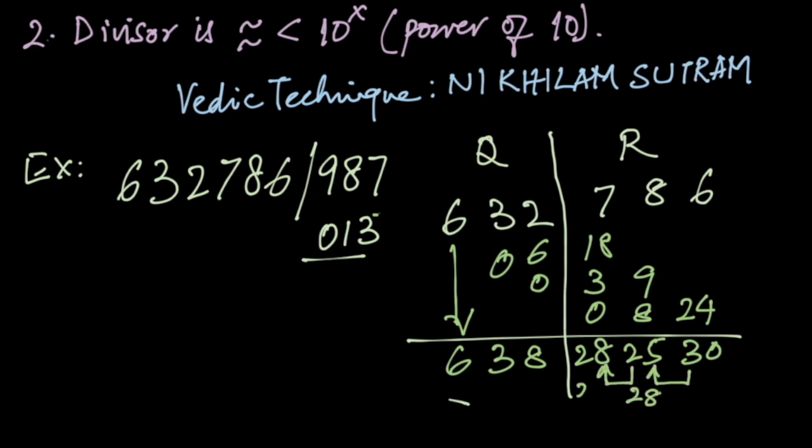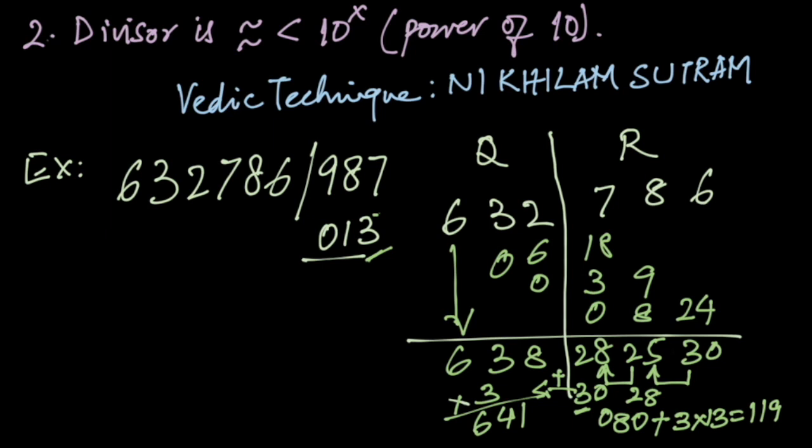Now 3 of 30 will go to 25, so it will become 28. Now 2 of that will go to 28, so it will become 30. And then 3 of 30 will go to 638, so it will become 641. So on the remainder side we have 0 8 0 plus, since 3 moved in from the remainder to the quotient, we have to multiply 3 with 13. So when we add them together we get 119, and 119 is less than 987, so our quotient is 641